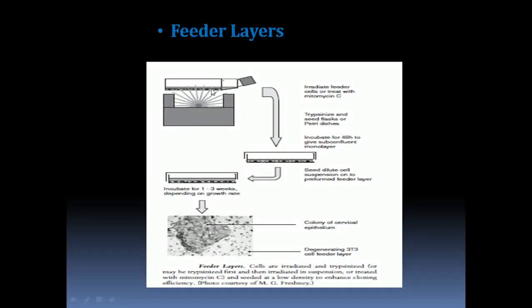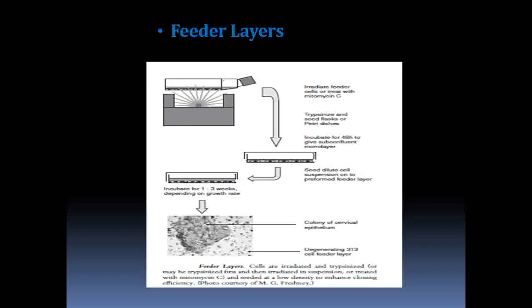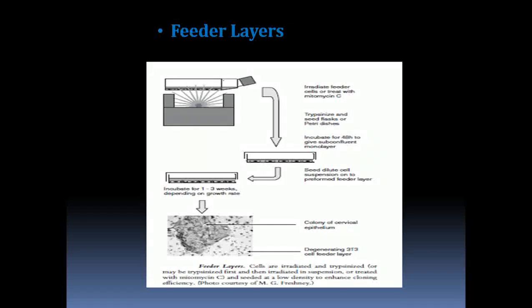Fine. Now if they are allowed to grow further after trypsinization, I'll try to seed them into a new fresh medium. As we have already irradiated them, or performed the mitomycin technique, what will happen? They will try to grow, but their growth is not as efficient as when they were normal before, right? So their growth will be held to a subconfluent monolayer.